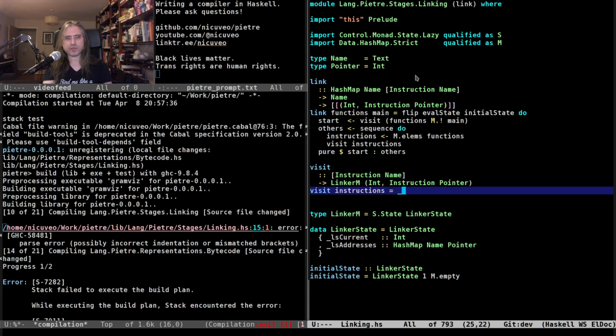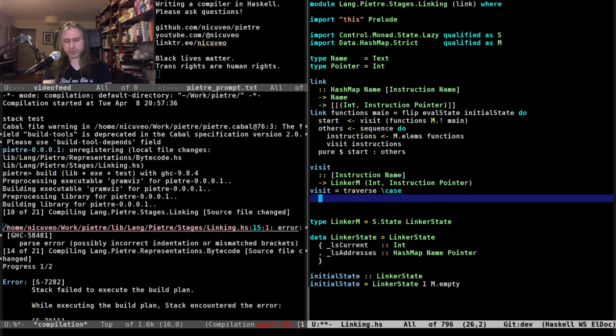So I think this is just a traverse of each instruction one by one. We don't need to assert anything about the shape of the functions because, again, we trust the output of the assembler. And what we do for each instruction, most of them are left unmodified.